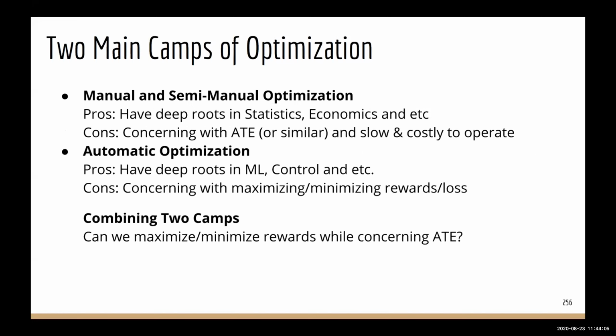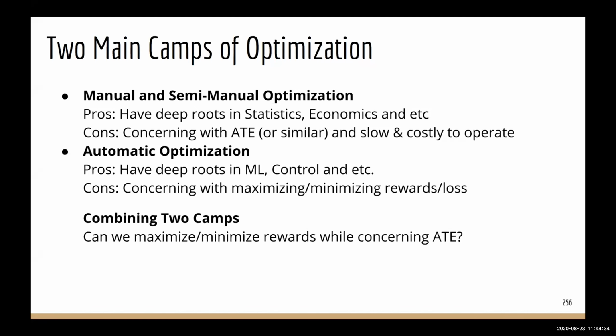The other camp is more from the machine learning perspective: I have a clear objective function that I want to maximize. I care about rewards, I care about the feature space, and so on. I can do that. So can we do both? This is one idea I'm throwing out there. Can we maximize